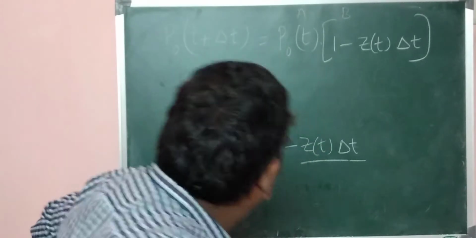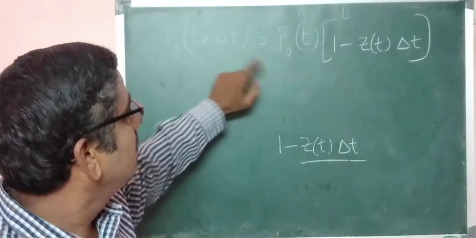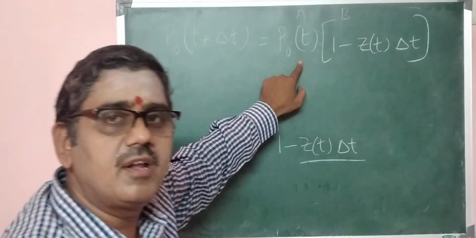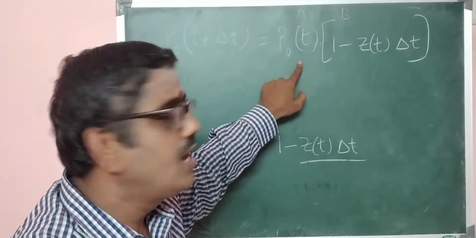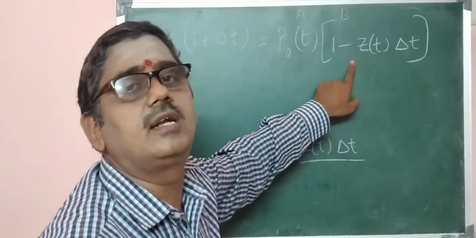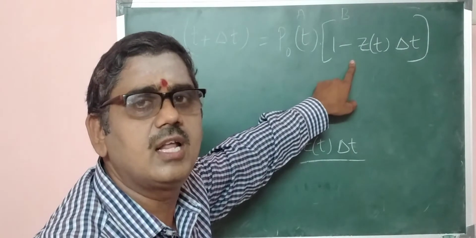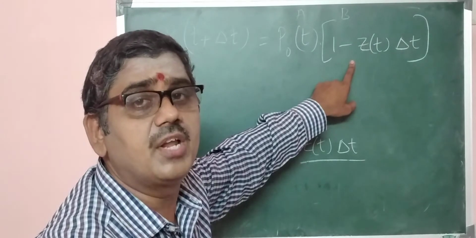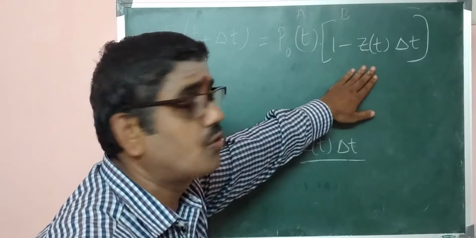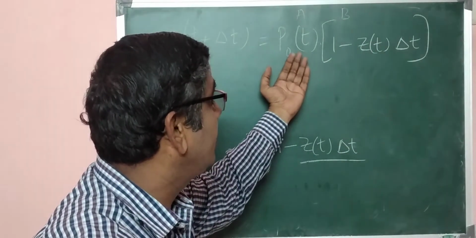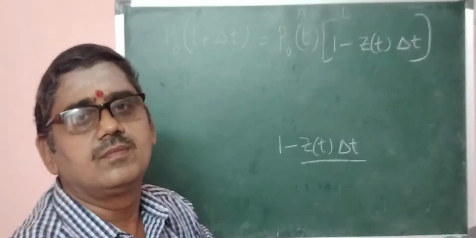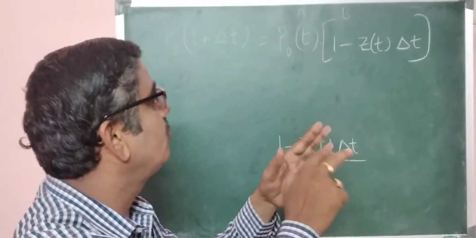I repeat again. P naught of t plus delta t is nothing but P naught of t, for one event, that is, survival after the time period t. The probability that a component will not fail in the time period t. And again, now we have to calculate the probability that the component continues to work and will not fail in the time period delta t as well, after the time period t. Two particular events. After the happening of this event, the other is also going to happen. That is the probability of this event happening and then the probability of the other event, which depends on this. So that is what is required to calculate.